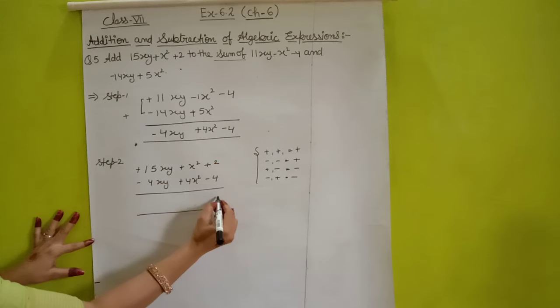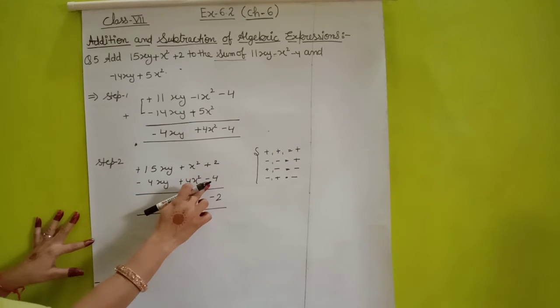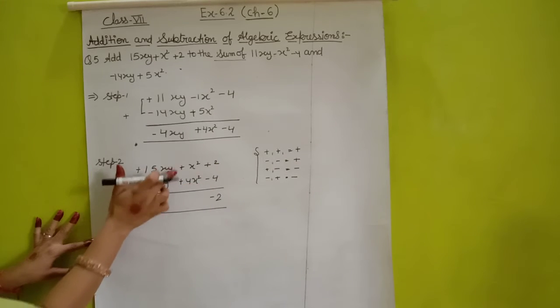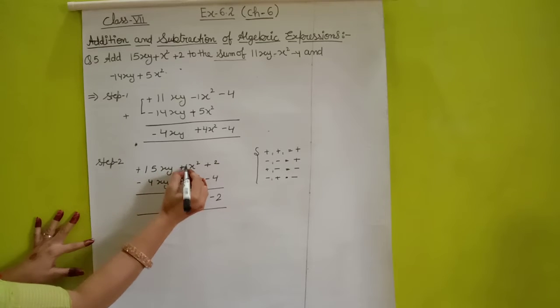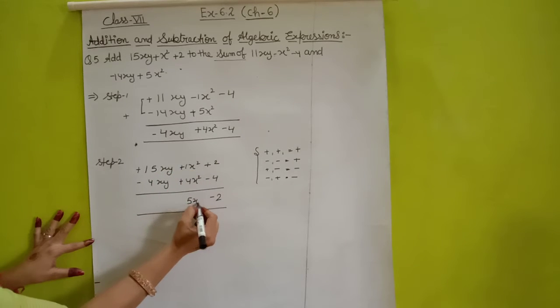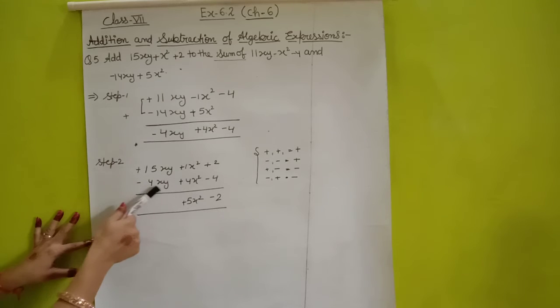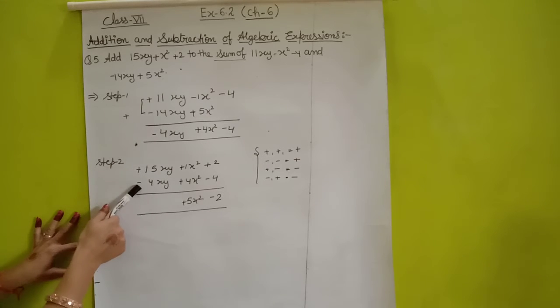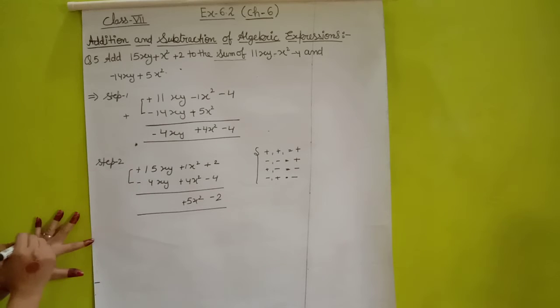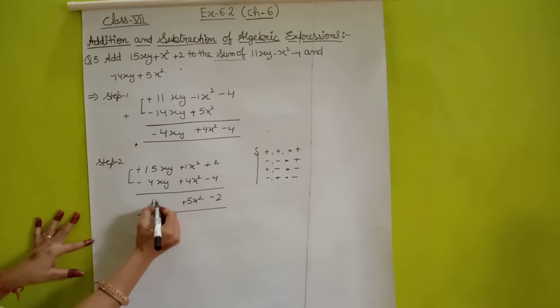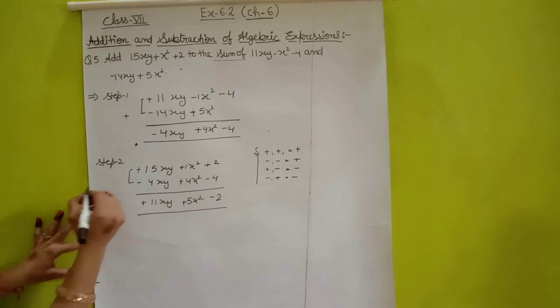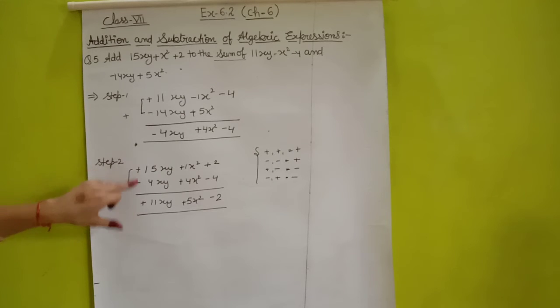So 4 minus 2 is 2, and the sign of the greater number will come. Now plus plus will be plus. 1x square and 4x square will be 5x square, very simple. Now 15xy and 4xy, plus and minus will be minus. 15 minus 4 is 11xy with plus sign, because the greater number has the plus sign. So your final answer is,